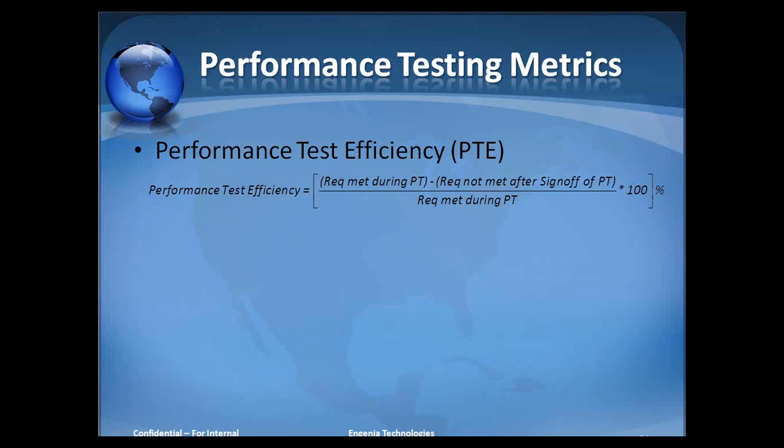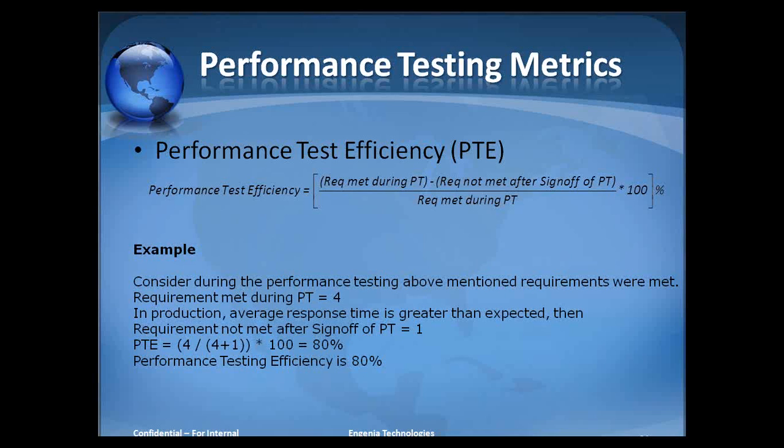Or maybe there may be some other area, like the application must be able to handle a predefined max user load. For example, if I am creating a website, I can have somewhere around 5,000 simultaneous users. So my application should be able to handle these many simultaneous users, or some kind of server stability. What is the stability level of my server? Is my server crashing every now and then, or what is the uptime of the particular server? All of these things can be explained with the help of this example.